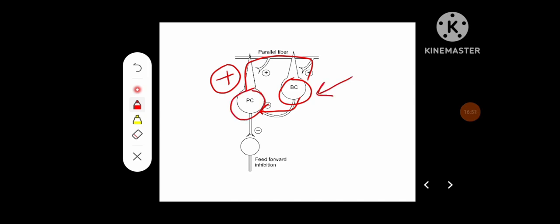Okay, so you can see the basket cells are mainly inhibitory to the Purkinje cells, but some of the afferents going to the basket cells themselves stimulate the Purkinje fibers, and the basket cells usually modulate the excitatory output from the Purkinje cells, and this kind of